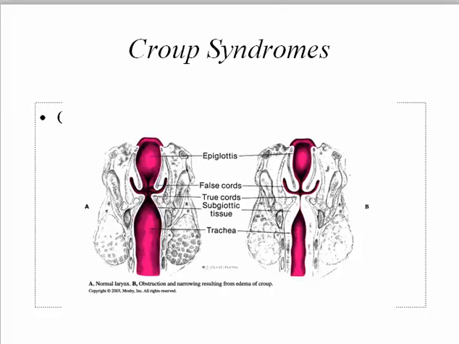Okay, so we are starting with week 3, part 2. In part 2, we're going to be talking about croup syndrome and nursing management for croup syndromes. Then we're going to move on and talk about bronchiolitis and pneumonia,